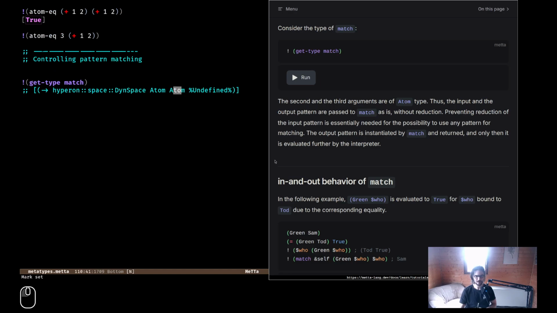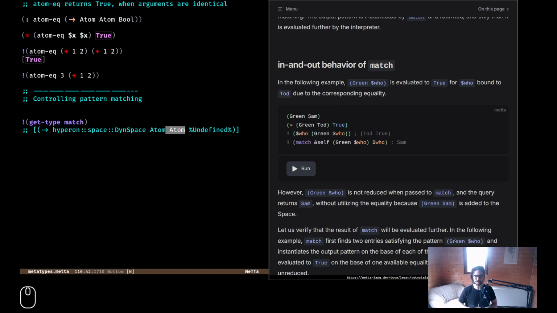This is the return type. The return. Yeah, it's the return. One sec. This is the return. Yes, you say an output pattern, and the type of the output pattern in the end is undefined. But yeah, it kind of returns you this filled in, this thing that you pass filled in.